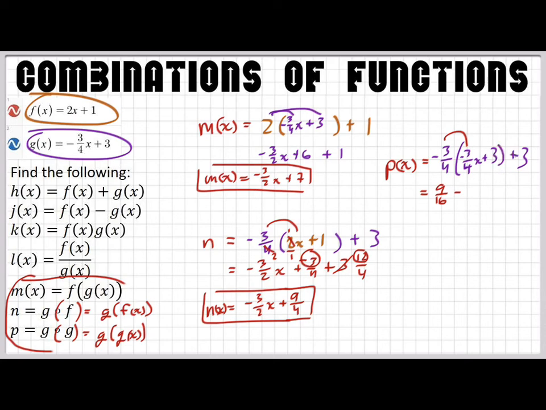Okay, so we got this times this. Oh, okay, now we got negative. That'd be 9 over 4. Can't simplify that. Then we have the plus 3 chilling outside, but I'm going to make it have a